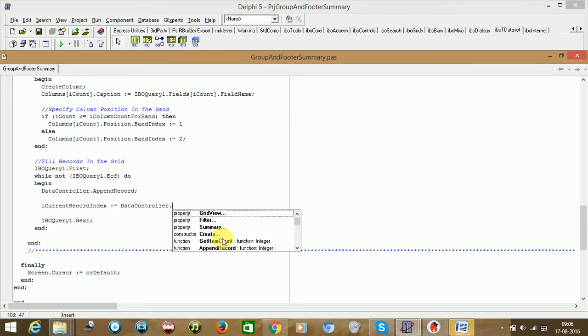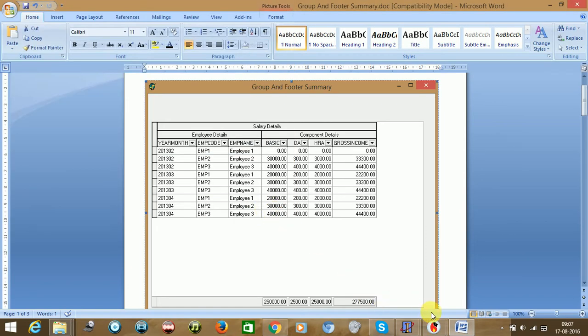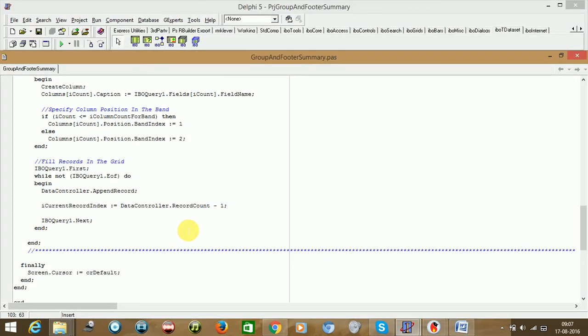And now you could say here record count minus 1, because the index is always less than the record count by 1. If you have, say for example, 100 records, your index will be 99 for the last record.